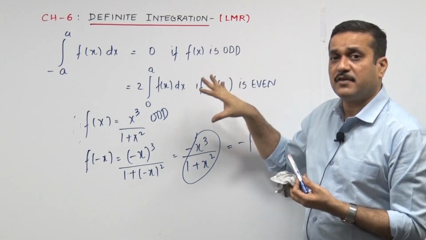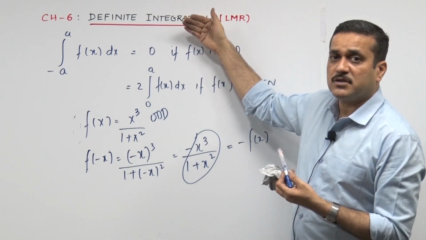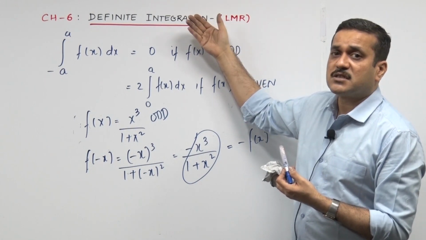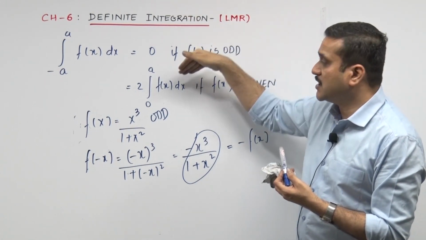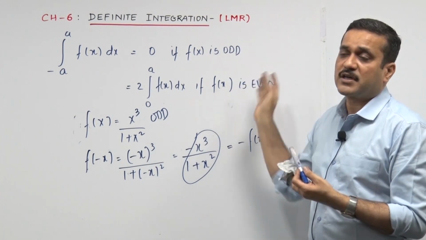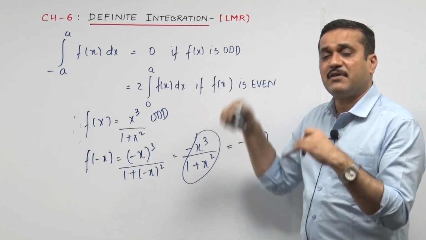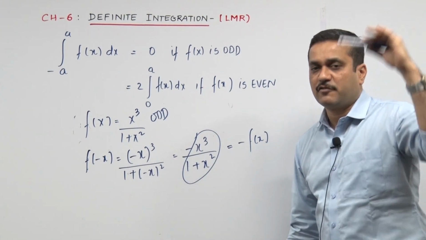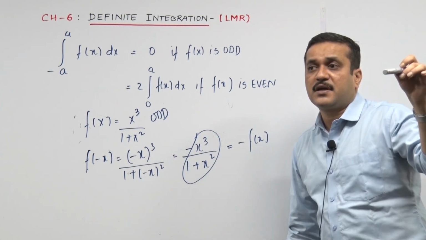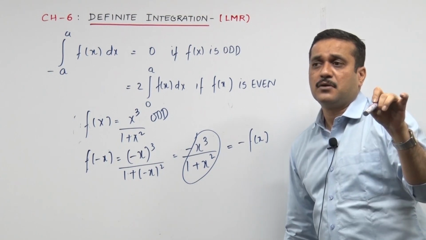In fact, the property is not even full. There is one more statement about this, the original statement, and then that gets reduced to this or this based on odd or even function. So originally the property is actually not this one. So we are anyway writing a half-hearted property, half property. Let us write the property right now.